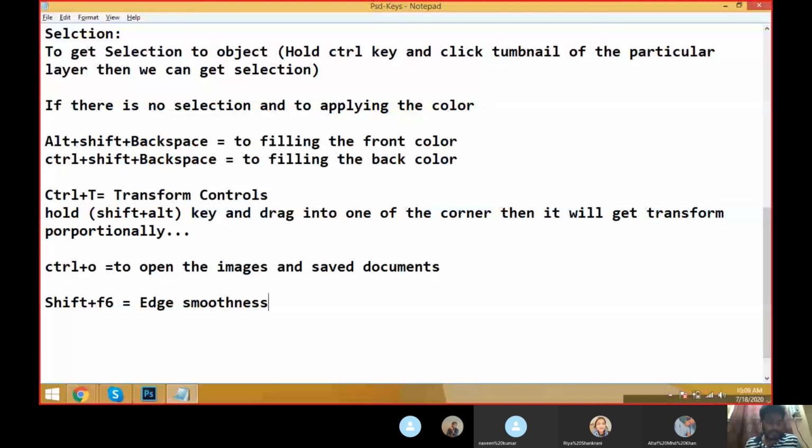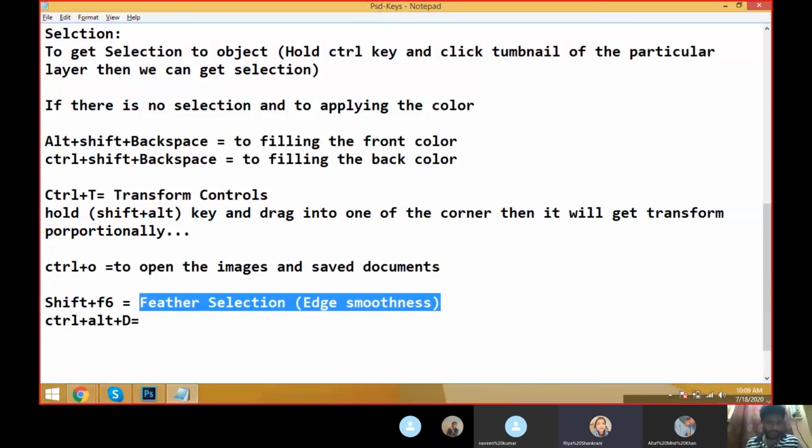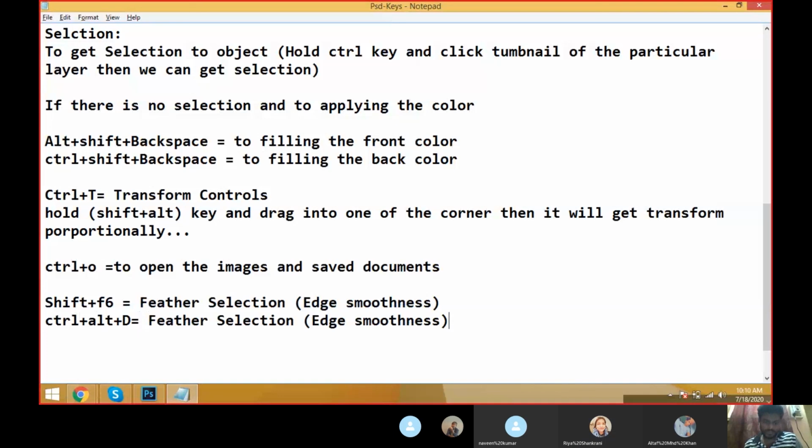And Control plus Alt plus D was one of the shortcuts in olden days for feather selection, for old versions.